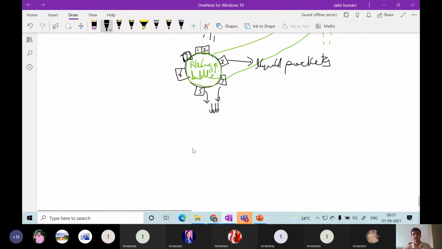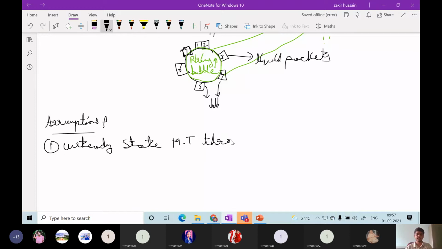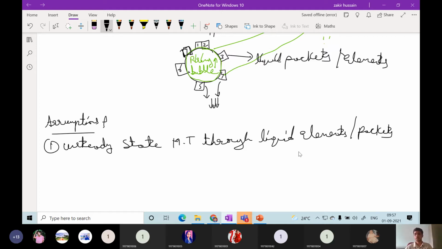So there are certain assumptions to quantify or to propose this theory. We already know this is an unsteady state theory. This is valid for unsteady state mass transfer through liquid elements, or packets. So long as it is in contact with